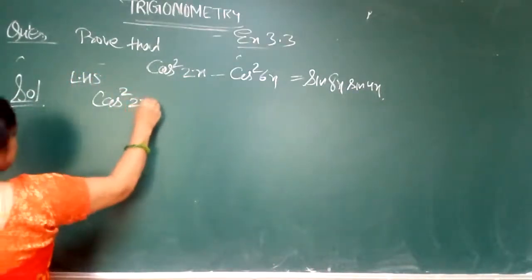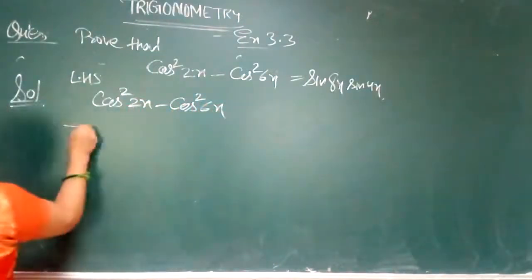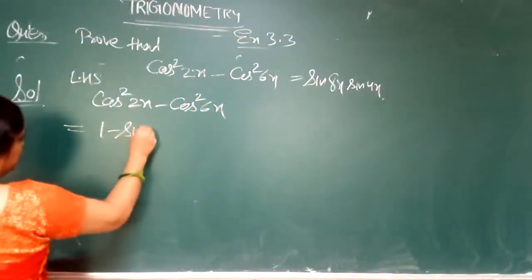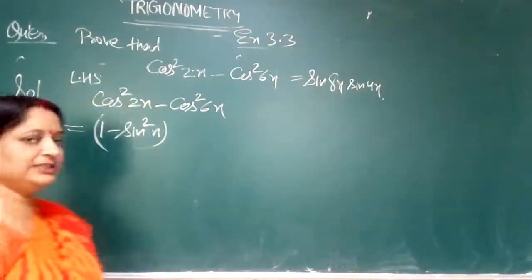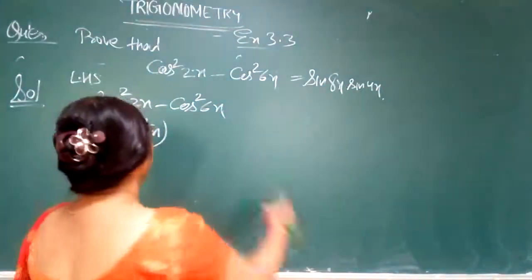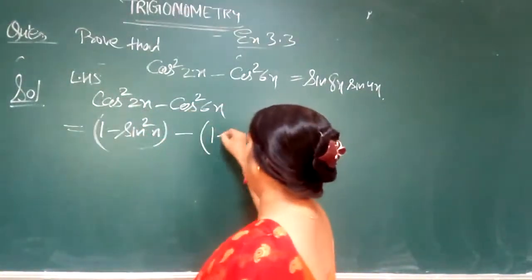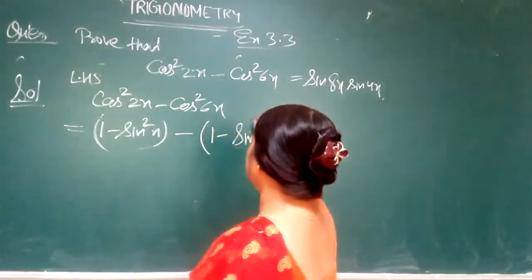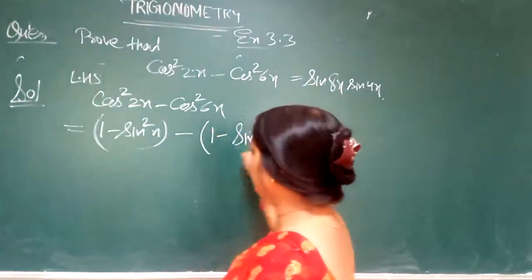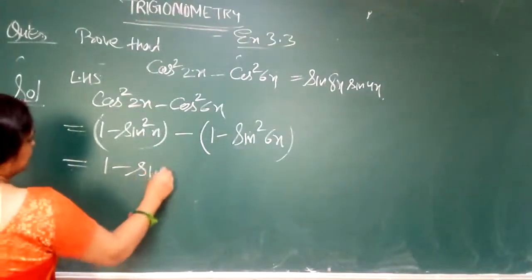Cos square 2x minus cos square 6x. So it will come 1 minus sin square 2x, because the value of cos square x is 1 minus sin square x. Similarly here 1 minus sin square 6x. After that we will open the bracket, so it will come 1 minus sin square